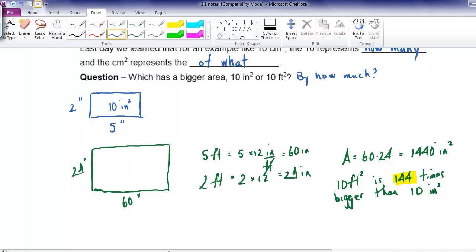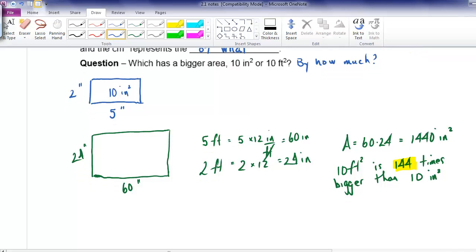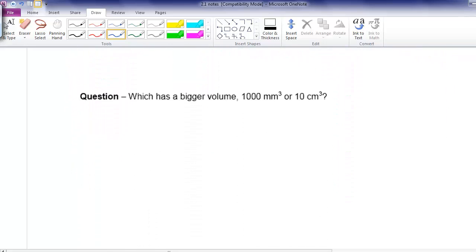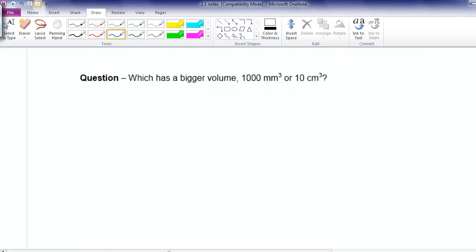So again, a big idea: if you're comparing things, we want to make sure we compare the same unit. Now the one above is probably really obvious because I kept the how many the same. But maybe this question is not so obvious. Which one has a bigger volume? 1,000 cubic millimeters or 10 cubic centimeters? And again, it really doesn't matter what you imagine that volume shape to look like. It could actually be a cube, or it could be a rectangular prism, which just means a box,